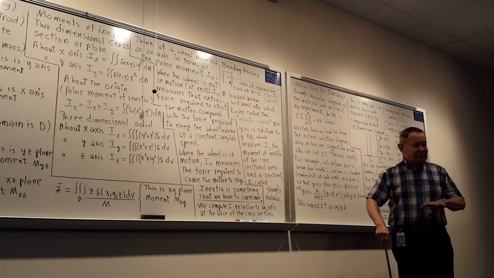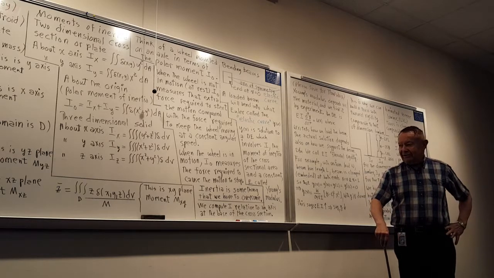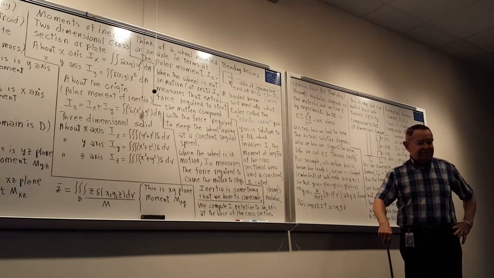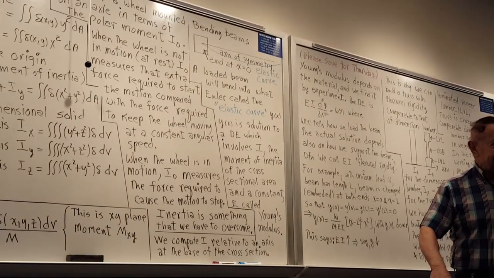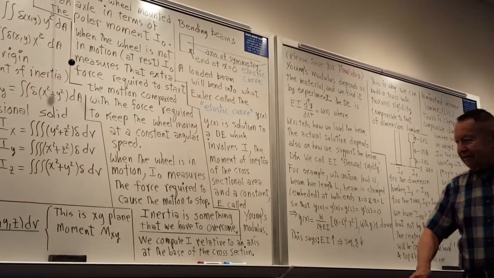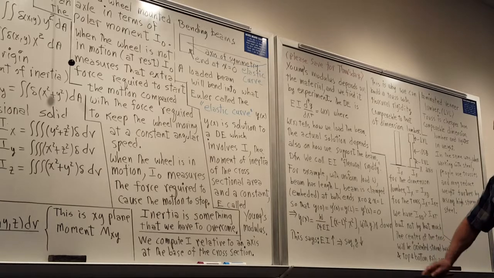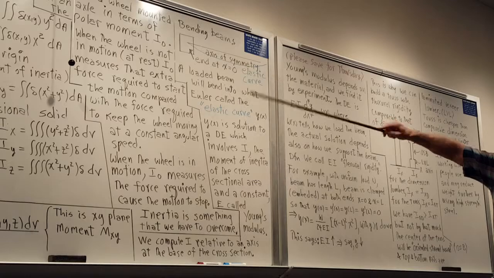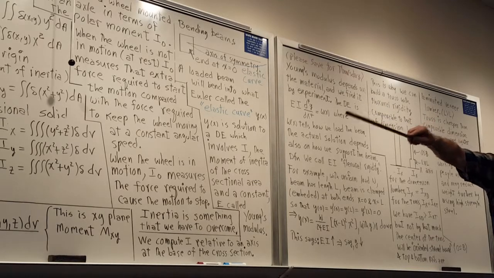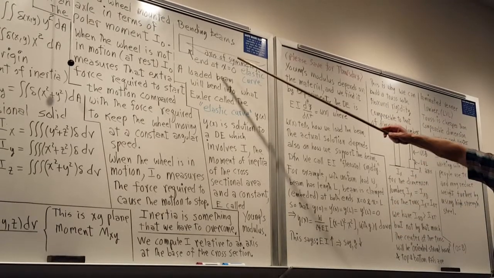And you've all seen this one way or another by observation. For example, if you have a grinder or something like that where the wheel is going, you switch off the power, but it'll still keep going a little bit, depending on how the machine's designed. So in terms of bending beams then, which gets back to the truss on the table,